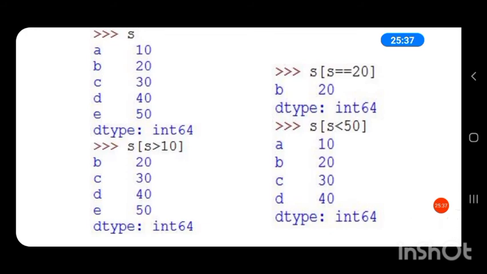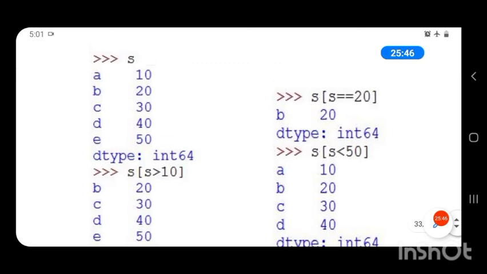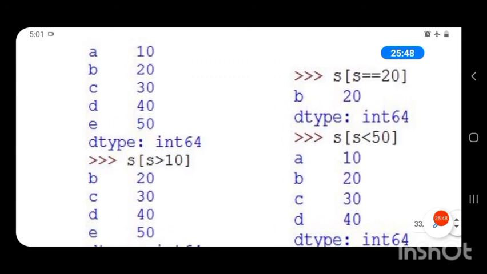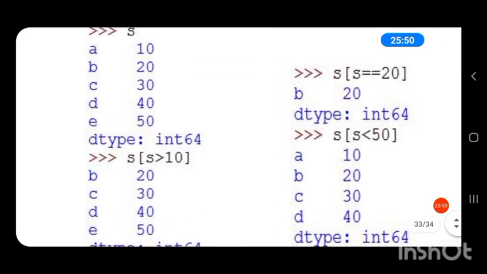And if we give a condition that S of S greater than 10, in square brackets, our condition should be applied in square brackets with the series name.